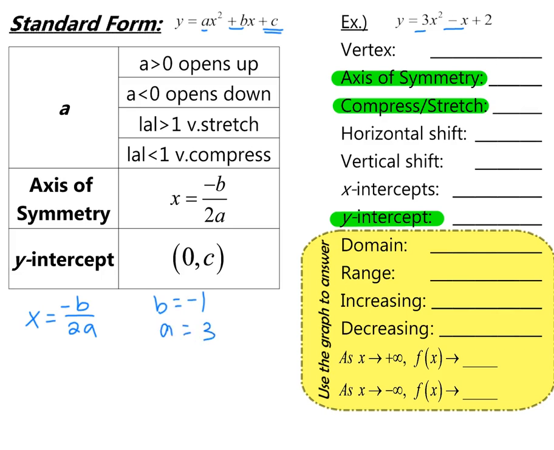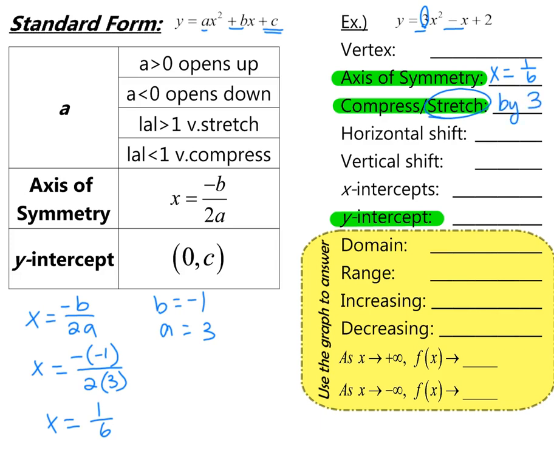So when you substitute in those values, we have x is equal to negative 1 over 2 times 3. So negative b means we have to take the opposite. So negative times negative 1, we have x is equal to positive 1 over 6. And you cannot reduce this. So our axis of symmetry is x equals 1 over 6. And when you look at a, the number 3, that tells us that we have a stretch by a factor